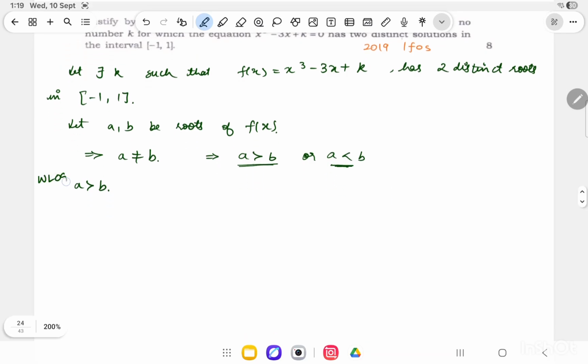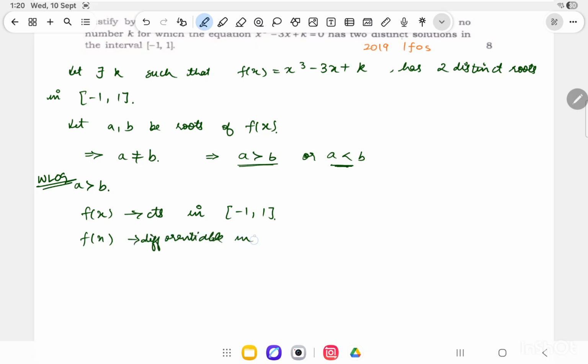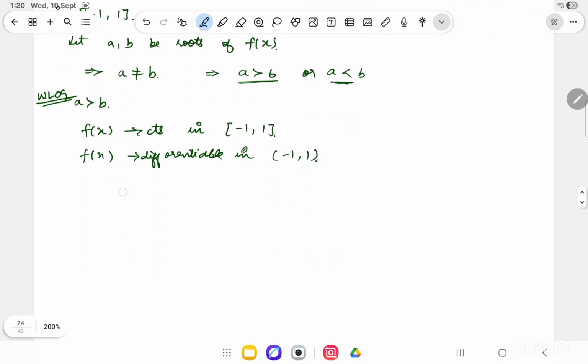Now f(x), being a polynomial function, is continuous in the interval [-1, 1], and f(x) is differentiable in the open interval (-1, 1), then using the mean value theorem there must exist c